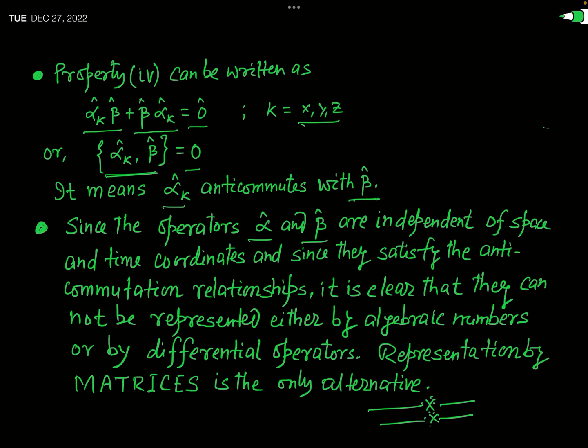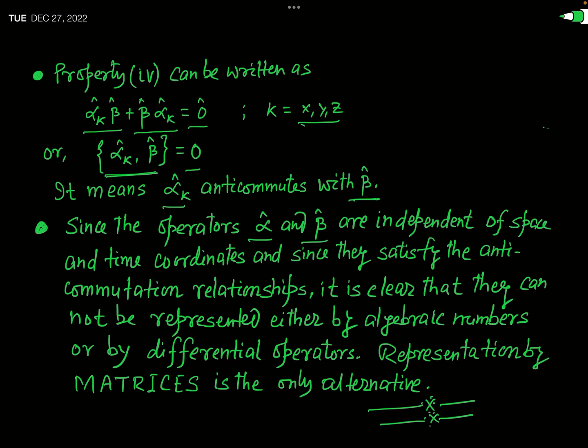Then what will these operators be? In fact, in this condition, we simply say that the representation of these operators as matrices will be the most suitable representation. So this alpha and beta are represented in the form of matrices, and these are called Dirac